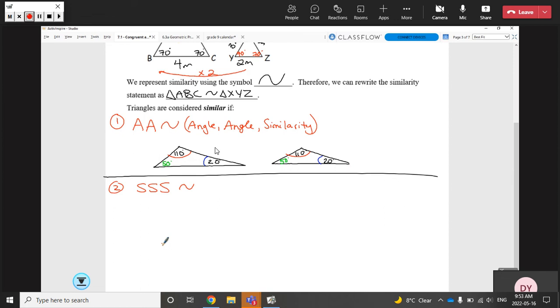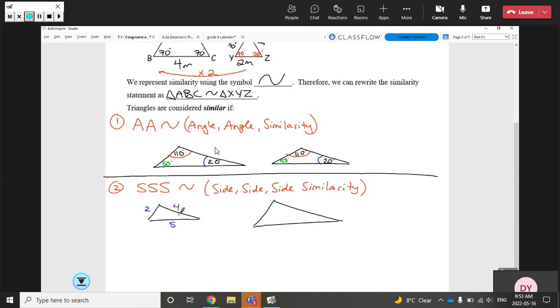So side-side-side similarity, let me write that down. It's very similar, it's all kind of similar to what we did above here. Like, let's just grab two scalene triangles again. That look all right, kind of. And let's go like this. And then over here, we'll do something like,